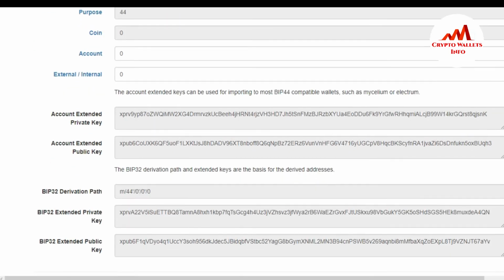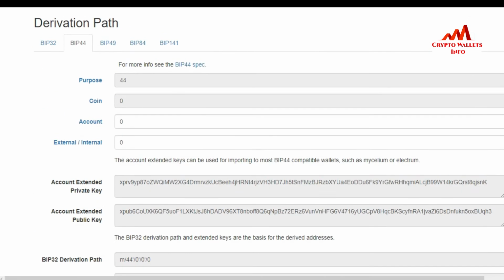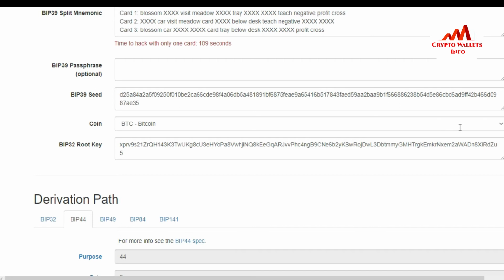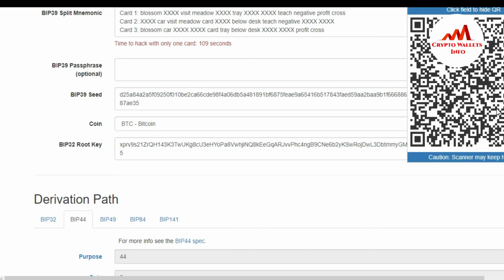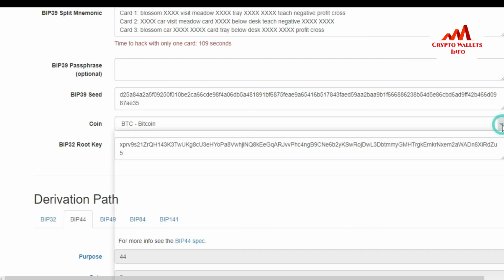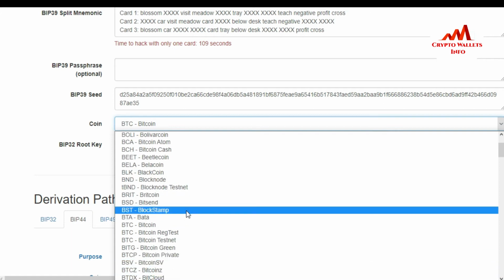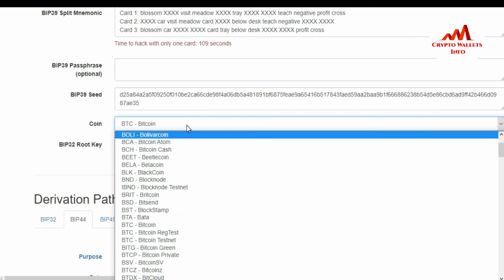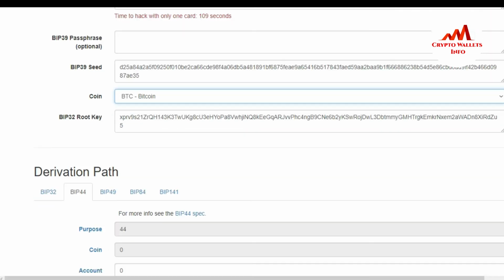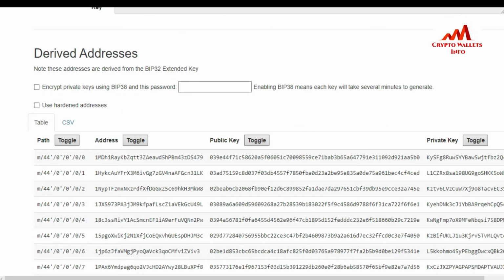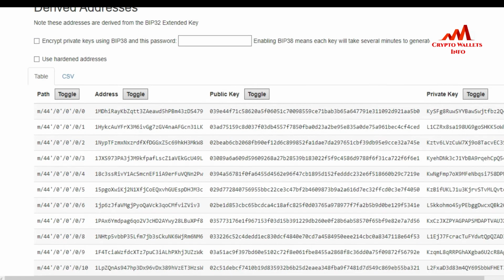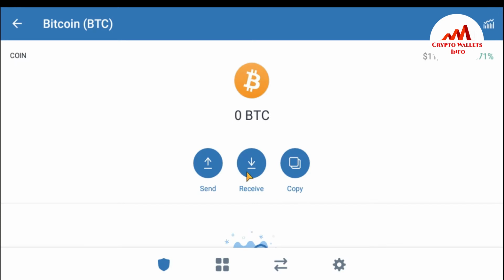You just scroll down, and you can see here the coin BTC. Simply select BTC Bitcoin, as many wallets are available. I'm going to select BTC and go to the private addresses. So I'm going to click on my Trust Wallet and click on the receive button.